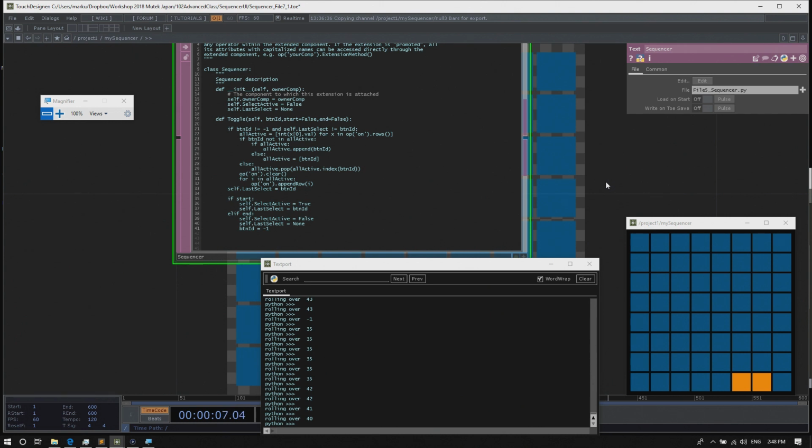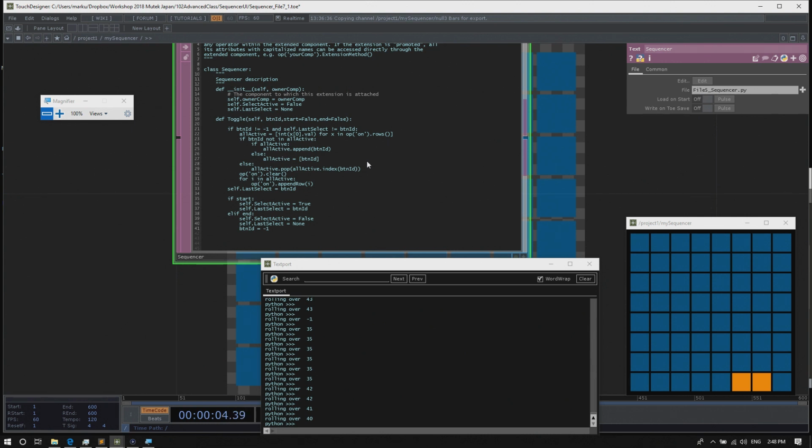Oh, it's the pulse here you have to hit. This loads. Yeah, if you click that, then it loads it. で、読み込んだら、ロードオンスタートのところのパルスを押して再度読み込んでください。そうすると今読み込んだ、Python ファイルが読み込まれます。